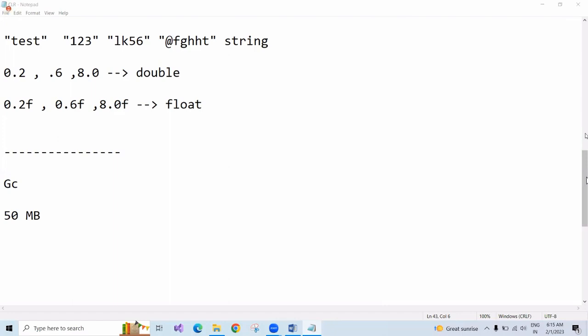Okay, so you people are working on one project, and you developed some beautiful code in the C language, and the project got implemented and released to the market. Now what happened? You wrote the complete program within 50 MB. So now your manager came to you and told you, we have a new requirement.